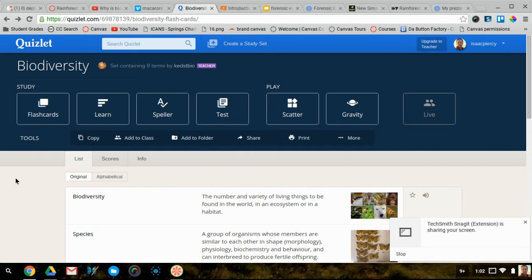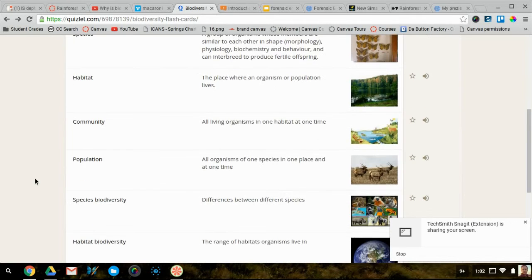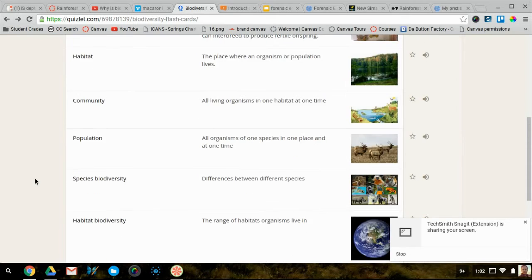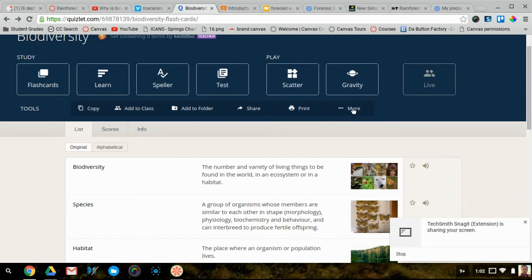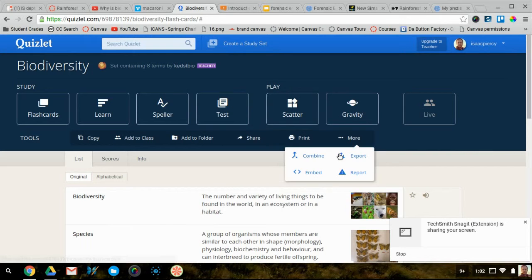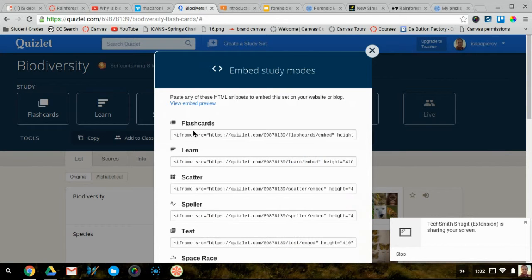Okay, so here's a flashcard set that I want to use for my biodiversity assignment. Already searched for this. I found it. A teacher already built this, so I'm just going to kind of steal it from him. So I'm going to go to More, click Embed, and then copy the first link. You can see it's an iframe, so it is going to work in Canvas. Copy this,